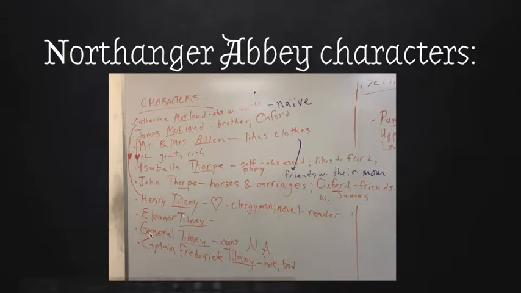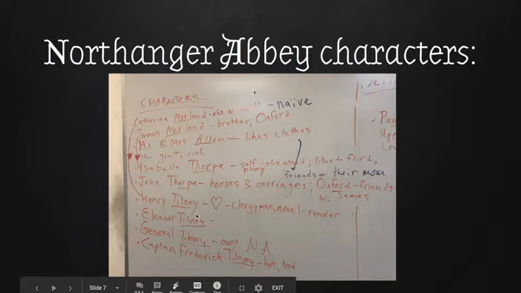And then their father is General Tilney, who we learn about later. He is the owner of Northanger Abbey. This is where they all live. They live in Northanger Abbey, which, of course, Catherine, who's obsessed with Gothic romances, assumes is this ancient castle, sort of like Otranto, and she wants to go visit them because she wants to live in their ancient castle, just like in the books.